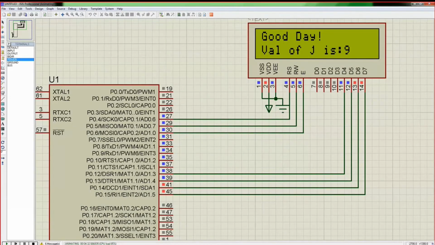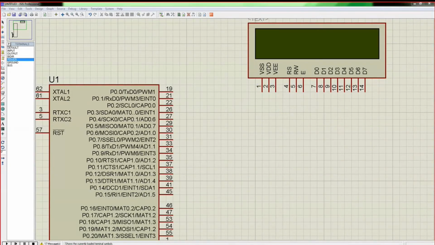Now you can go to Proteus. My data lines will be connected to P0.8 to 15.